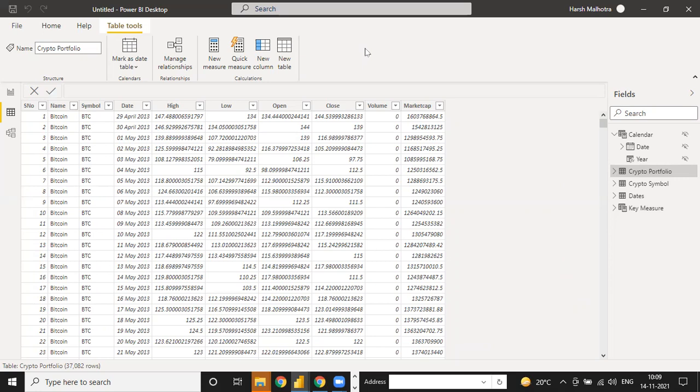Yeah, right. See, measure is like, suppose you have knowledge about Excel, in Excel you have to write some functions for calculation. Like if you need the sum of a complete column, you have to write a sum function in Excel. Let me show you.